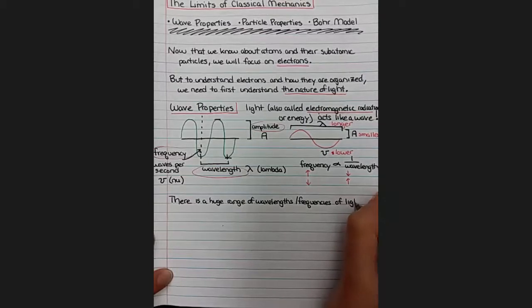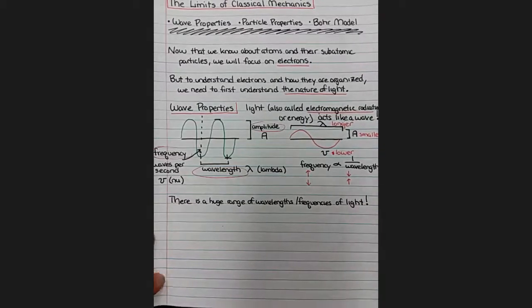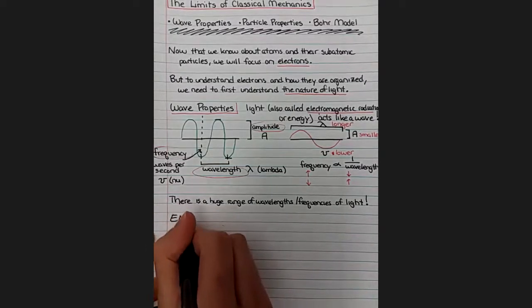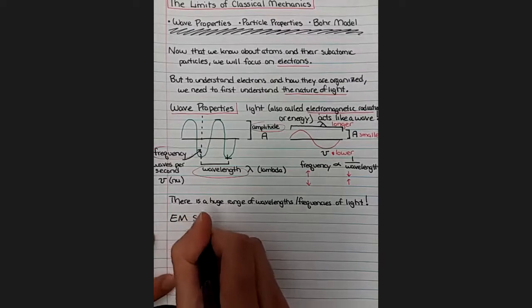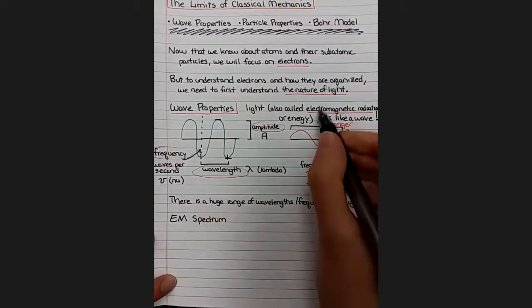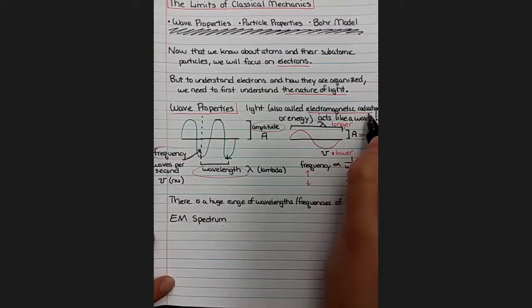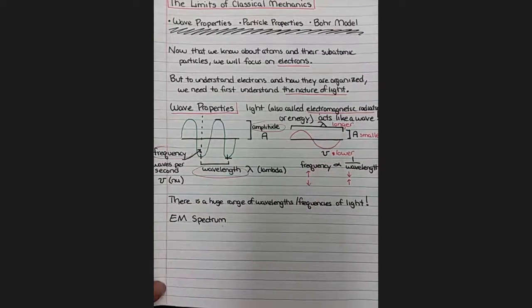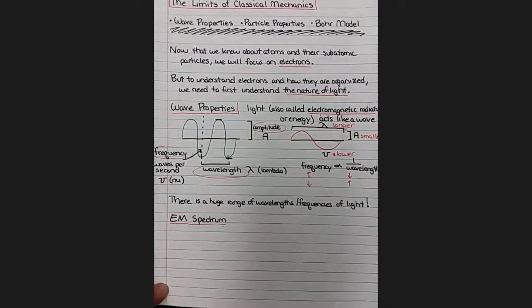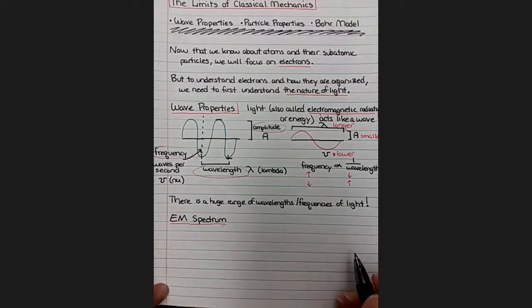Wavelength and frequency are kind of just two different ways to measure a wave, like two different kinds of measuring tape. So we call all the different ranges of light the electromagnetic spectrum, because it's a spectrum of electromagnetic radiation. If you want to learn more about that, see physics. And so we'll talk about all the different kinds of light